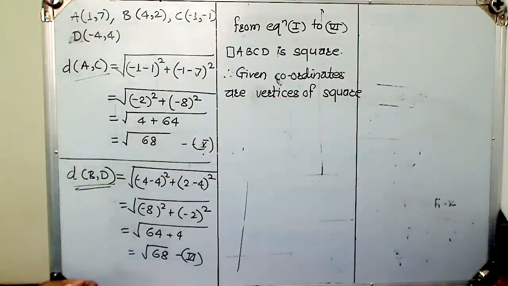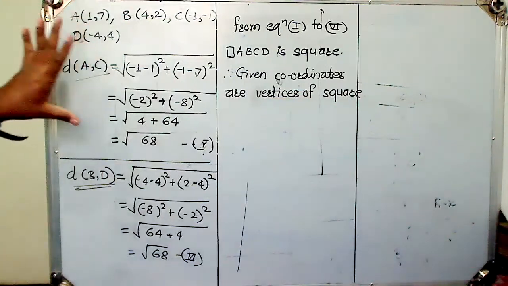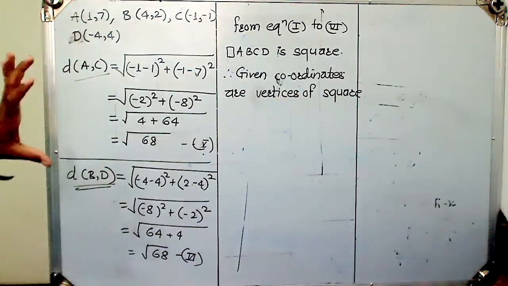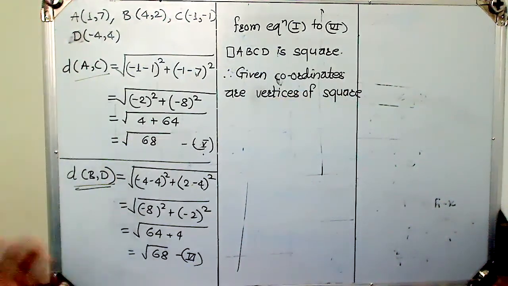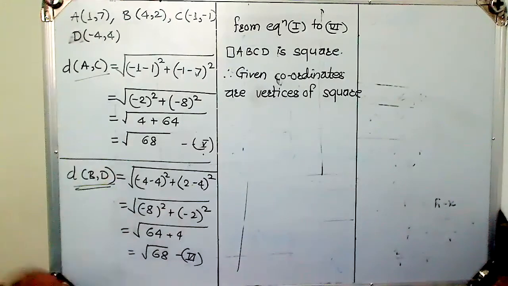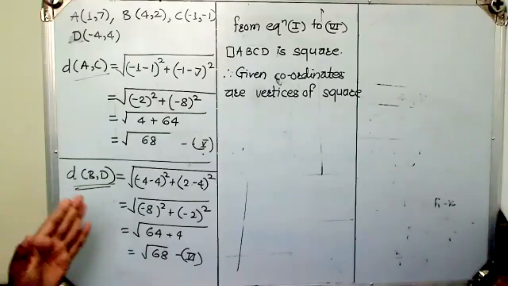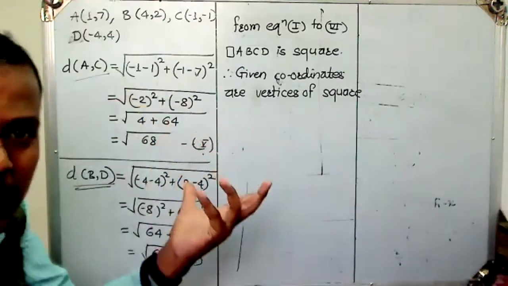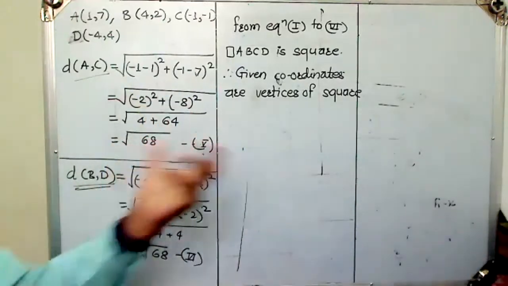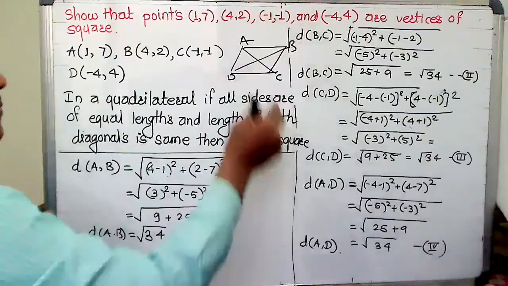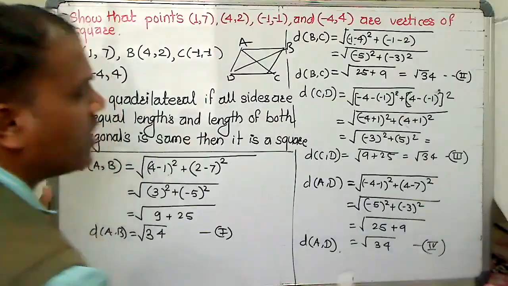If a question is asked like this, you have to apply the distance formula 6 times. A bit time consuming, this example is a bit time consuming, but it is easy. We just have to use the distance formula multiple times. That's it. Another variant of this example: the same coordinates will be given, and you are asked to show that these vertices are of a rhombus. Then you have to solve up to this point.